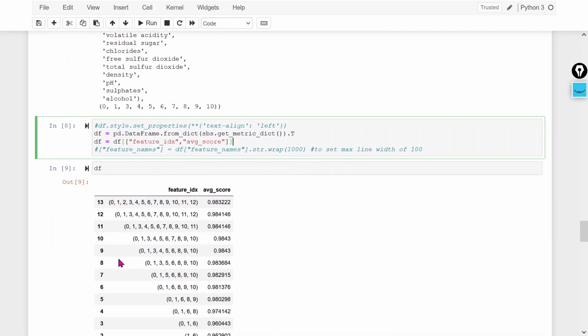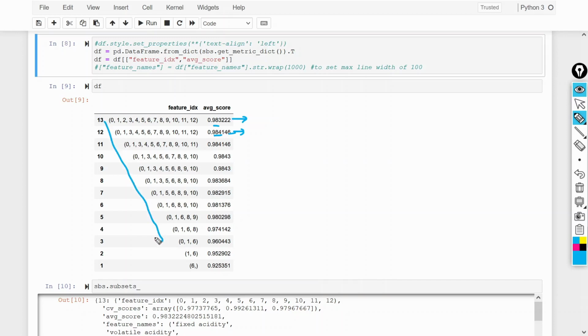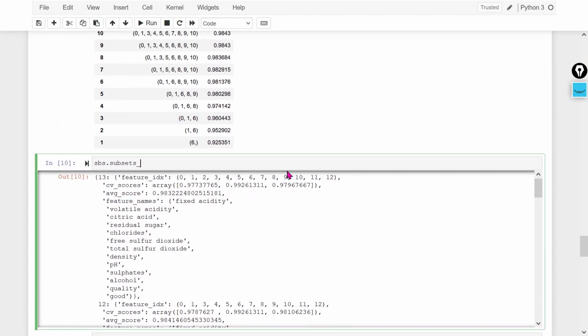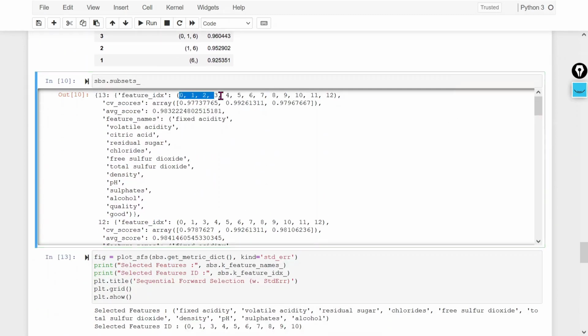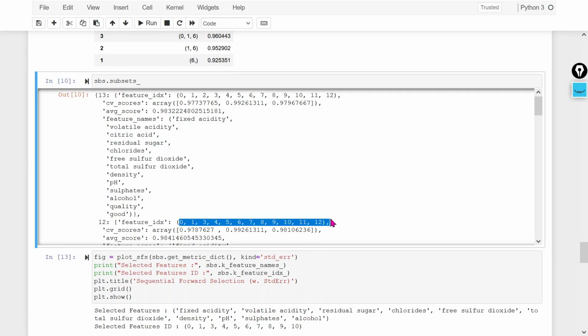So let me explain this particular tabular format one by one, so here you can easily visualize. If you see here, I selected all the features. Then I removed one feature, and this is my accuracy. Then again I removed one feature. So it is moving in the backward direction, if you see here, right? This way we can perform backward feature selection. And this is the subset. Here you can see that in the first iteration, these all are the indexes of the features, and this is the CV score, right? This is the average score. These are the feature names in this iteration and the corresponding index of those features.